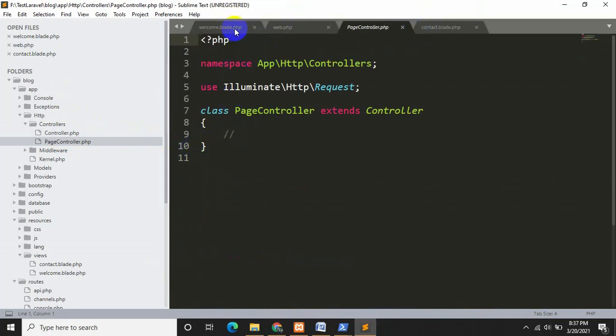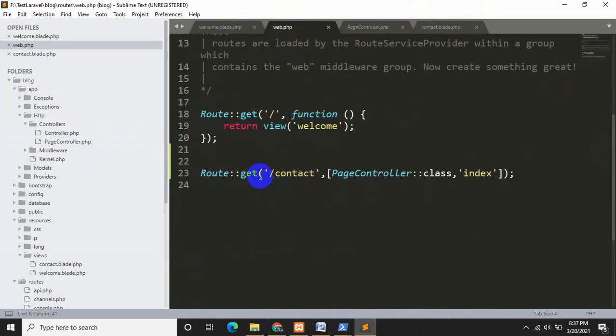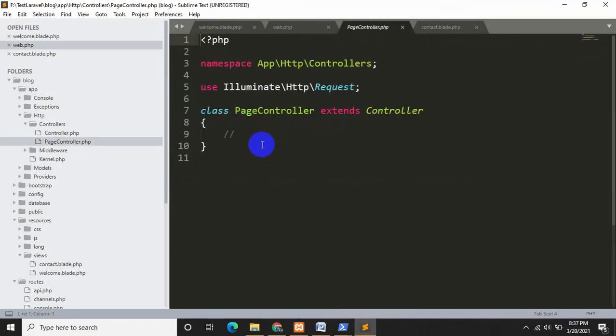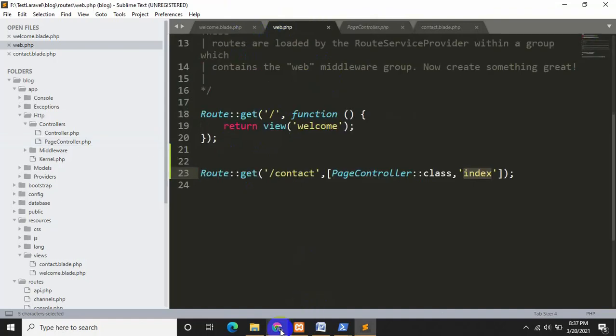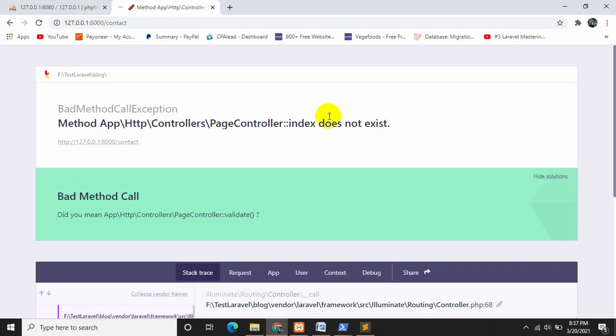Okay, and we just created it over here. We need to create this index function in our page controller, right? Now if we don't create this index function in our page controller and just refresh it, it will show us an error that it cannot find index. As you can see, index does not exist.